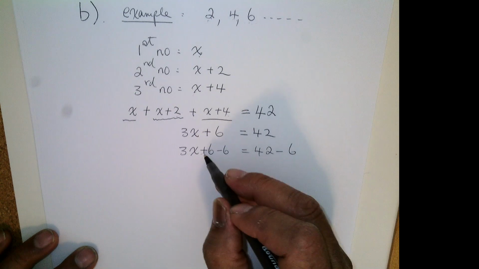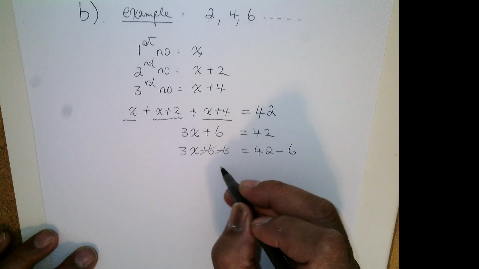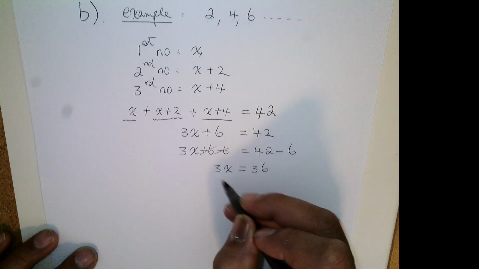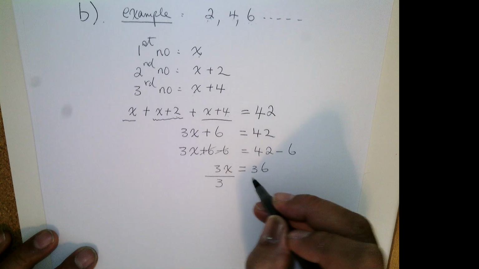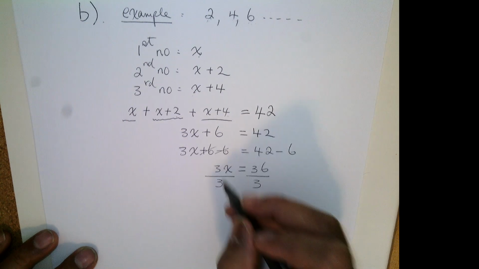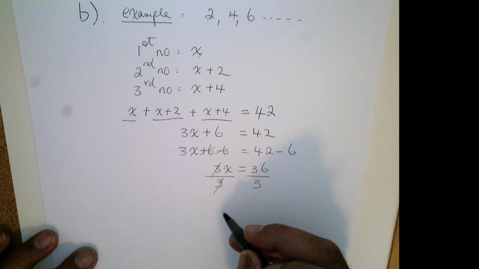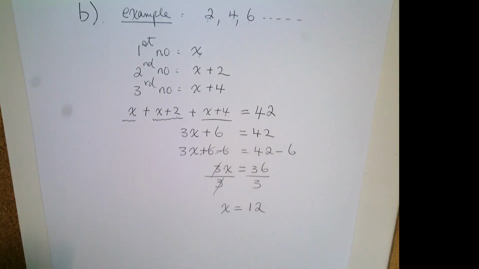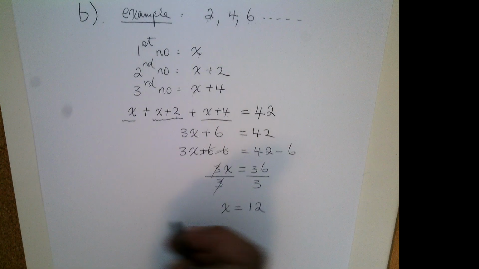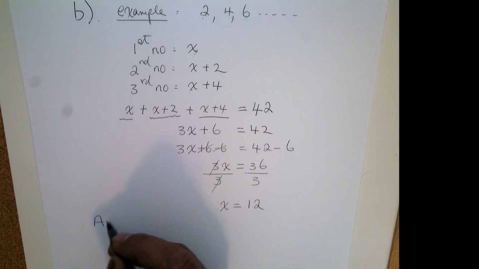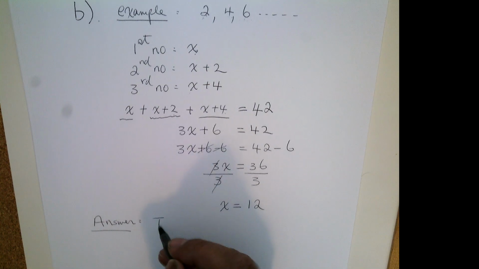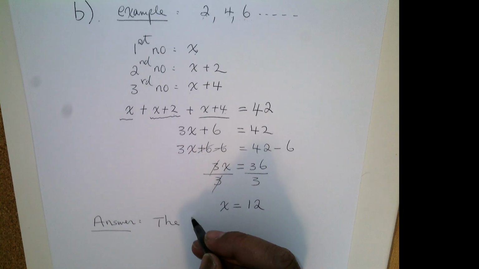And 3x. Both sides divide by 3. So x equal to 12. And you're going to answer the question. So the 3 numbers are